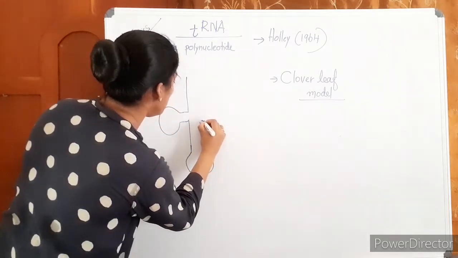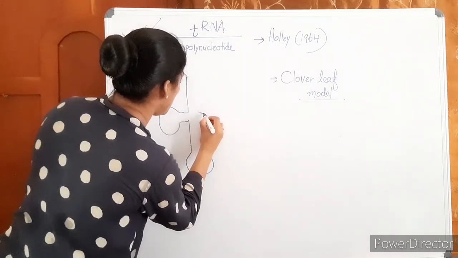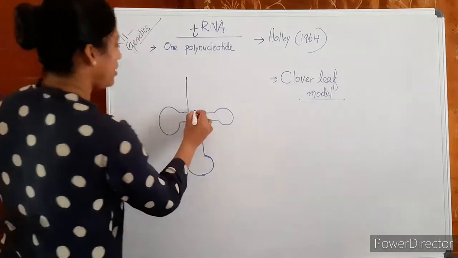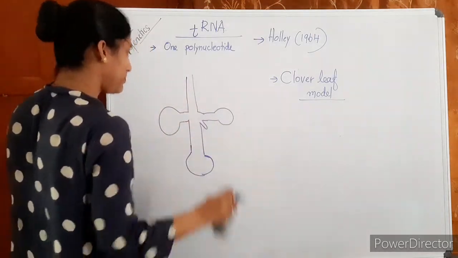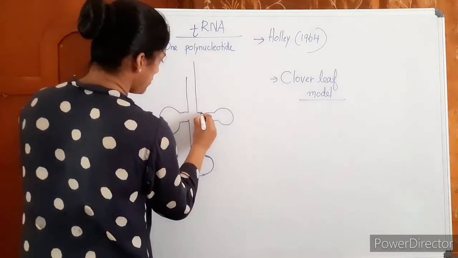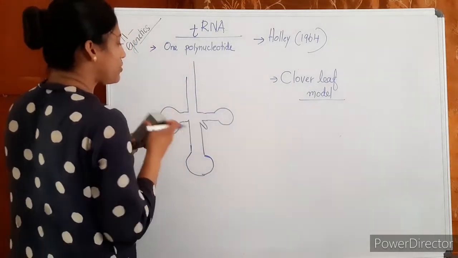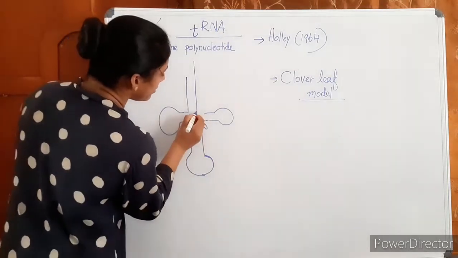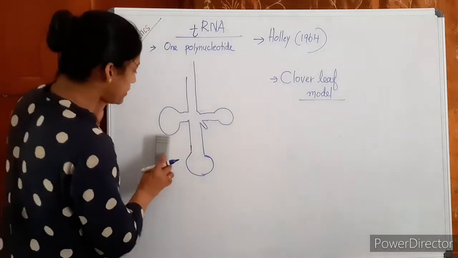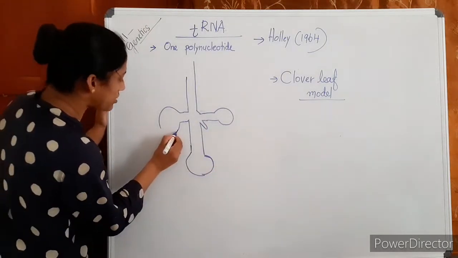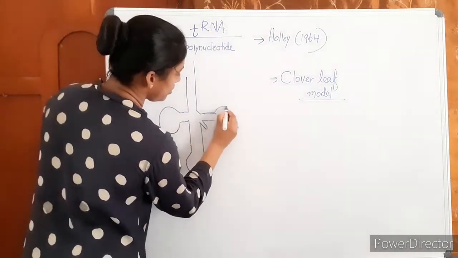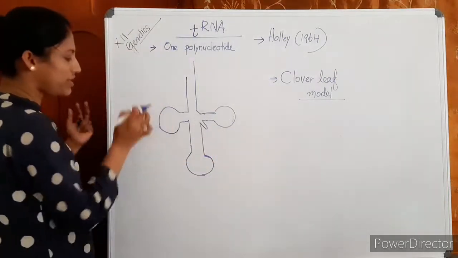Here is a small lump. Then here is another loop. This is one end. Okay, structure of tRNA, and there is a definite bend, and the structure should be definite when you draw. This loop is a little bigger compared to the other one. It has more bases here, and anyway this is not that small, comparatively this is big.